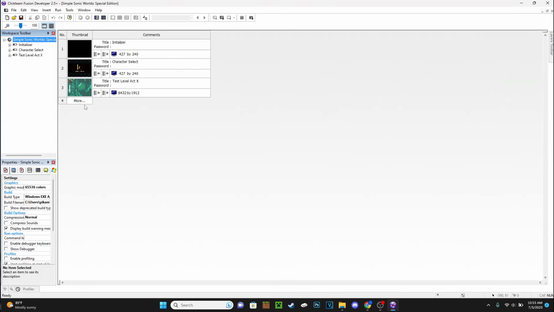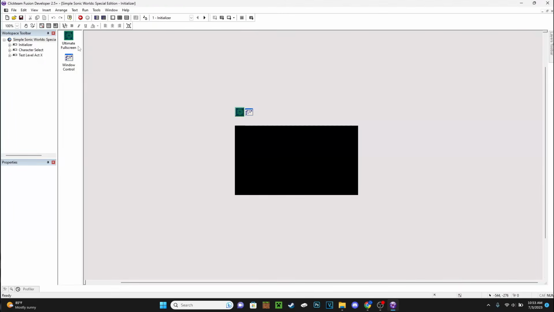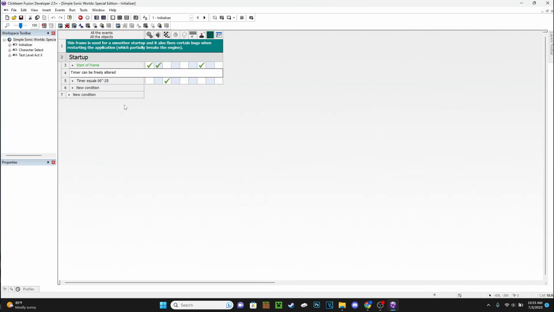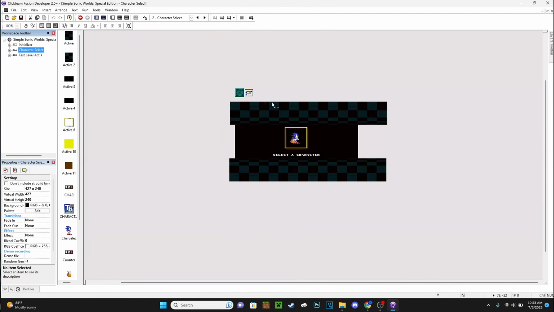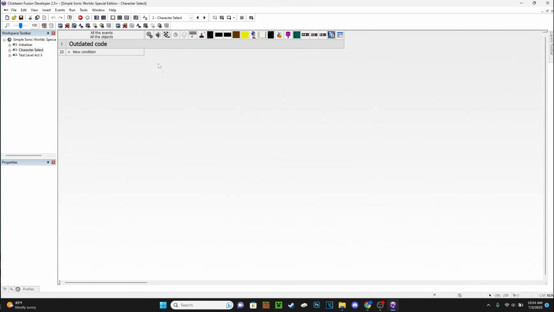Right here though, you can see there's only 3 frames. There's this one right here, which is really just a setup, and it sets things like emeralds and big rings. It just sets up a bunch of stuff. You can see it's meant to immediately go to the next frame. There's the character select, where you can choose, it's like the basic,